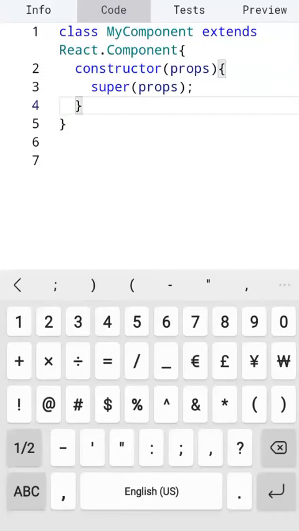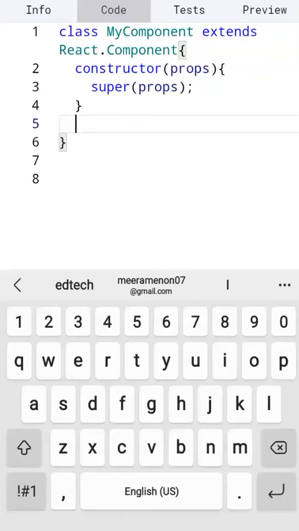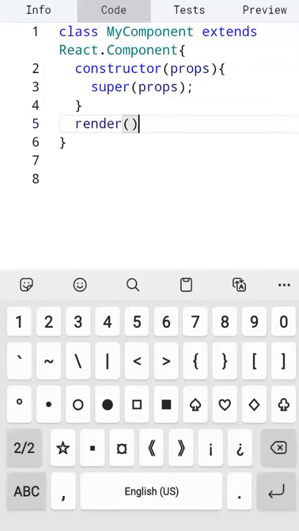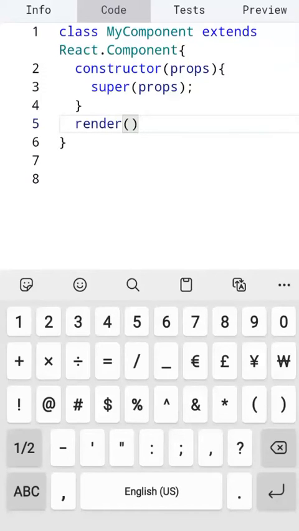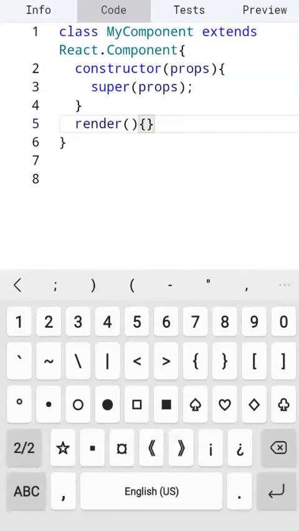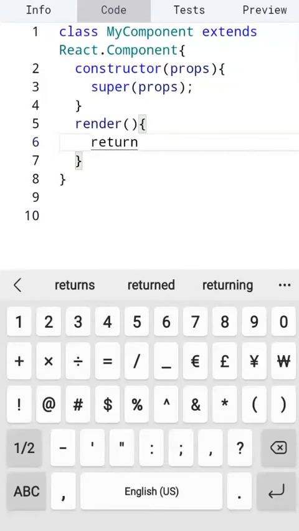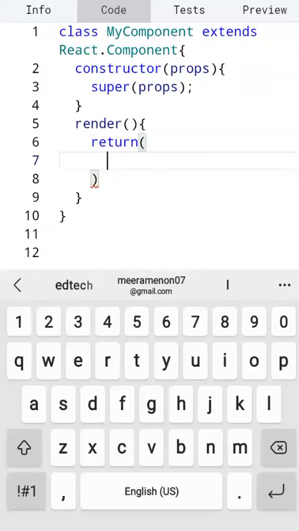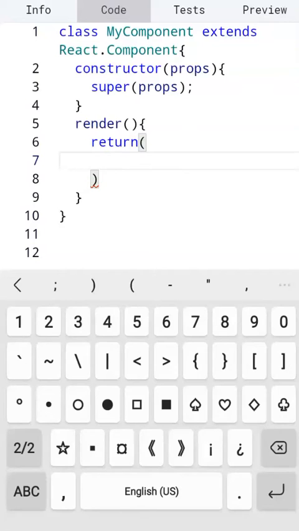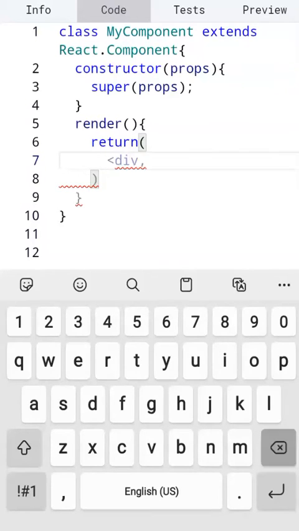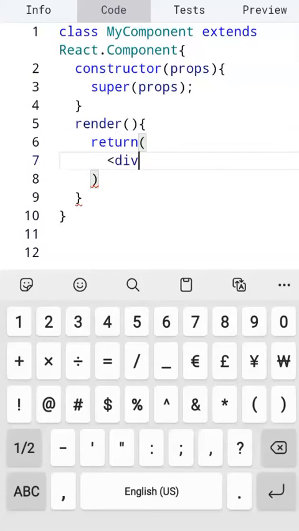Yeah, and then come out of the constructor, and then you need to create what? A div. But before creating the div, you need to do the div inside the render. You need to render. Yeah, so render, how it's written like this, and then within the render you need to return. So this is the typical steps involved in doing this class component. Class my component. Name is my component, but it's a component, class component you call it. So inside the render